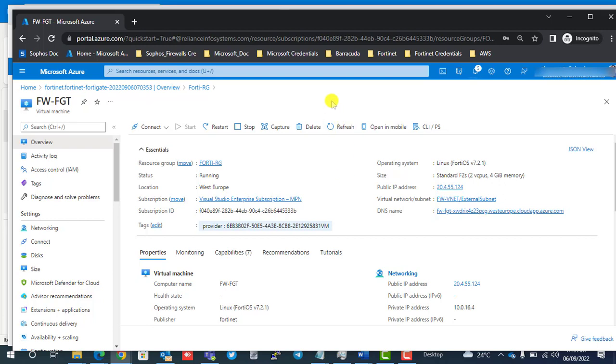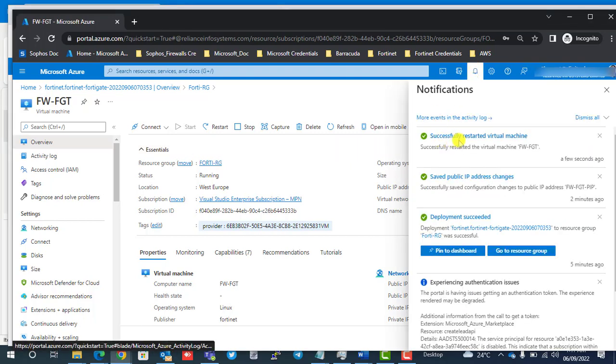Again, I will pause the video, then resume when the instance is fully up. Okay, so we have fully restarted our FortiGate firewall. As you can see, successfully restarted VM. Okay, all right, so I will then go ahead and